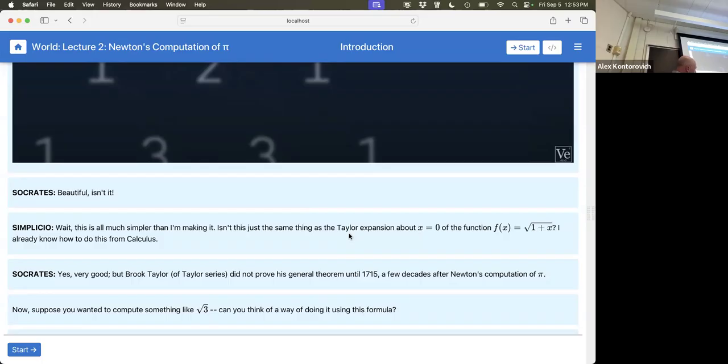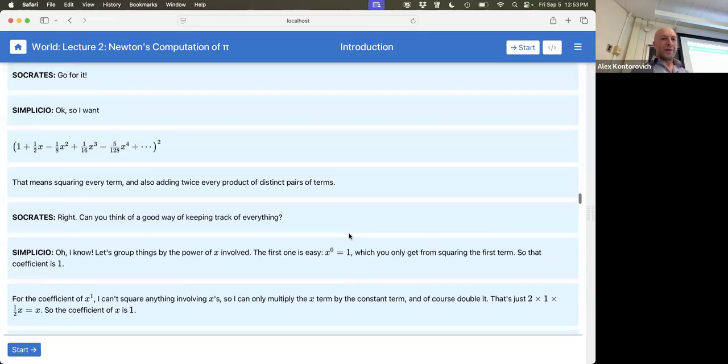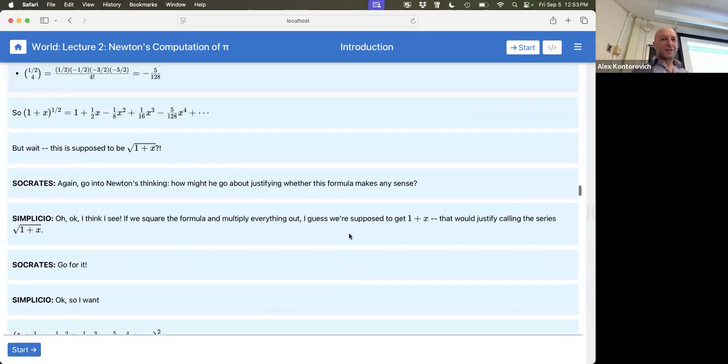Can you think of an easy way to compute a number like the square root of 3 using this expansion? Plug in x equals 2. Interesting. That's a very, very good idea. Let's think about this formula when x is equal to 2. So we're claiming that this infinite series,